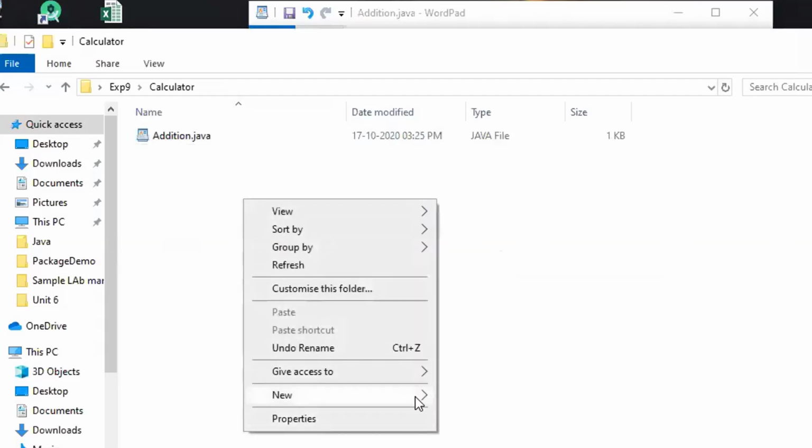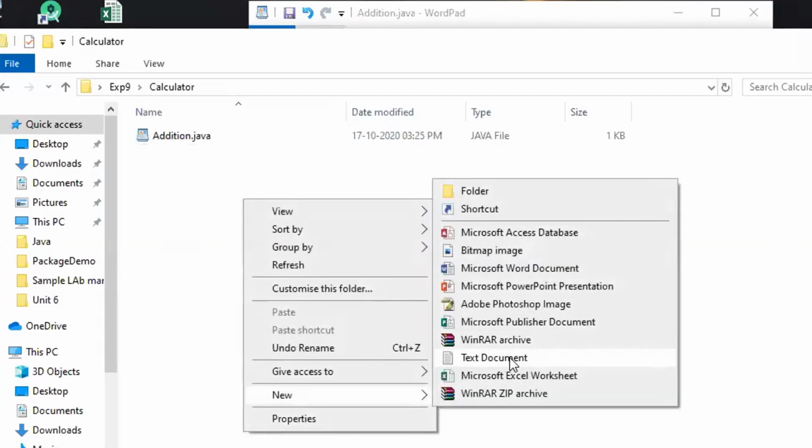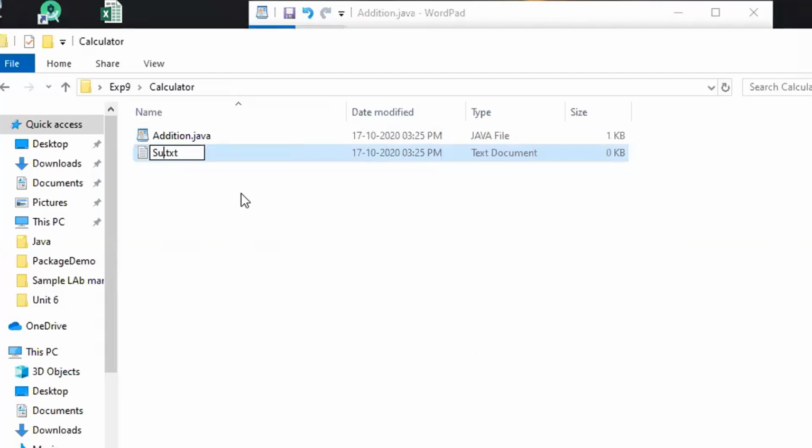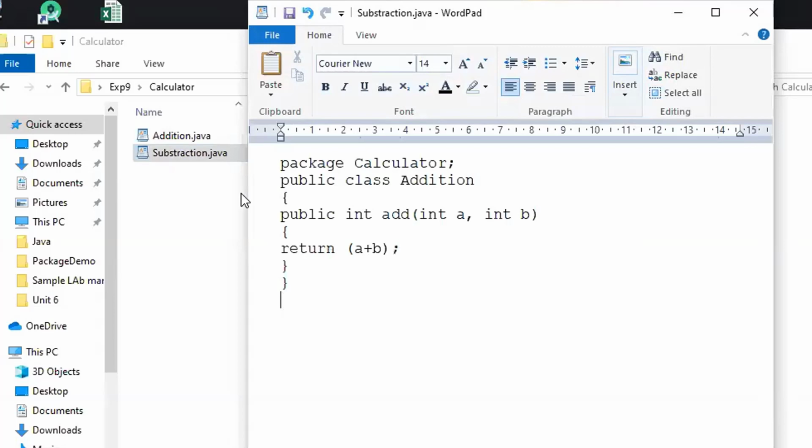Let me copy this one. I need to create one more with respect to subtraction. Subtraction.java. Pasted. The package is the same, but the class name is Subtraction.